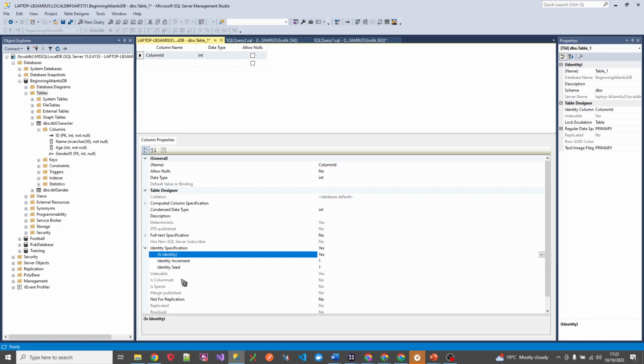Cool. And then obviously the seed just indicates the number we want to start from. So 1 is the default, but if we want to start from 100, then we can just set it to 100 and it will do that for us. Cool. We also want this column to be a primary key,